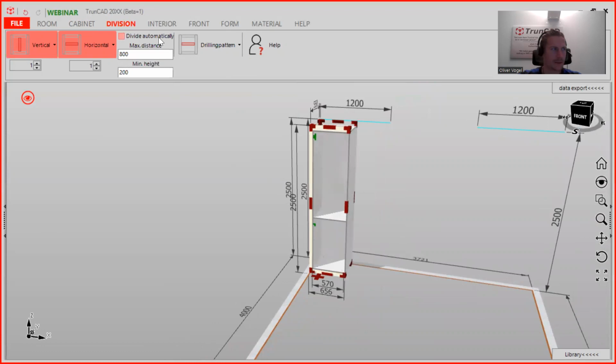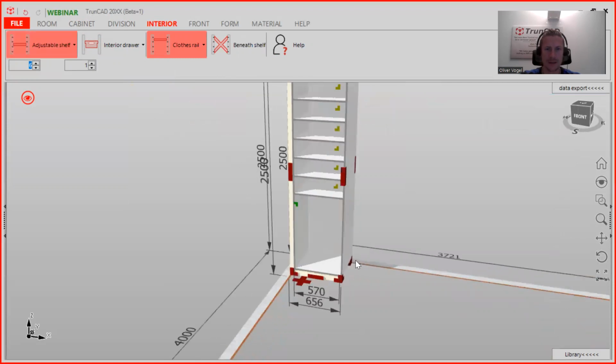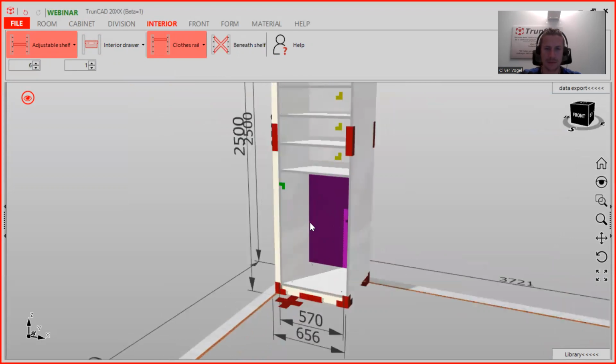And here we want to have interior drawers, and here we want to have shelves, and that's why we click here on interior drawer, and we choose here like 6 shelves. And then you just drag it and drop it here in the area where you want to have it. And here on the bottom area, we want to have interior drawers,